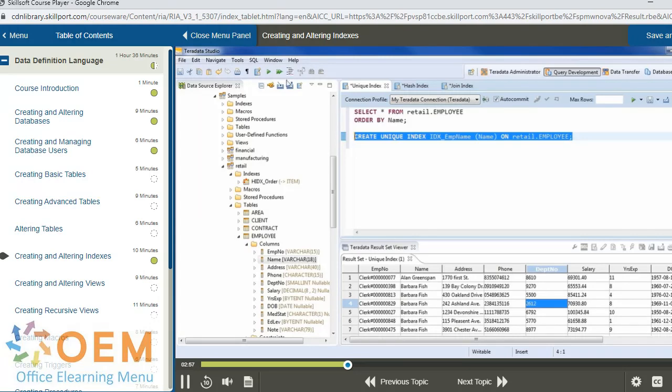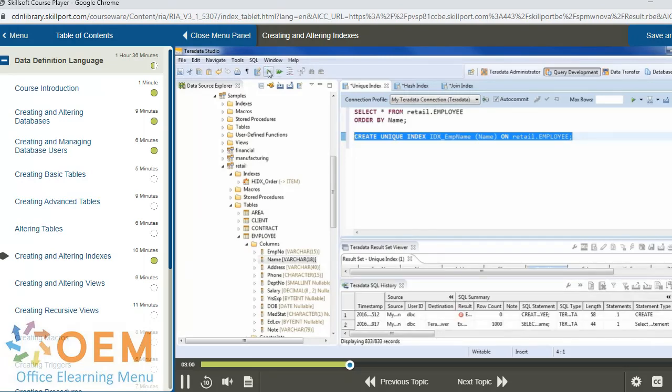So let's go ahead and try to create this. We'll go over the syntax in a moment. But you can see there it does